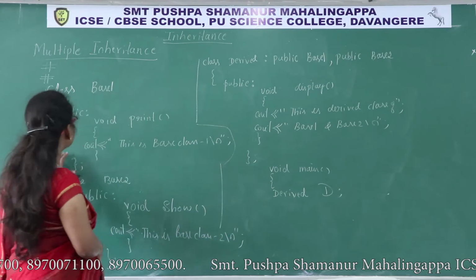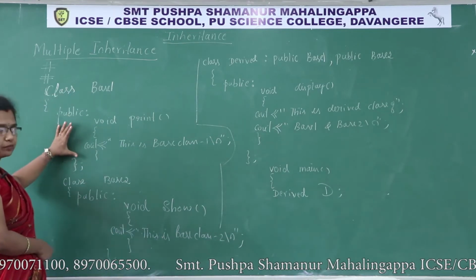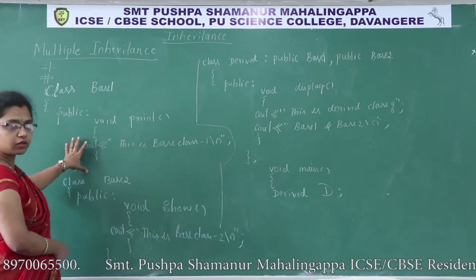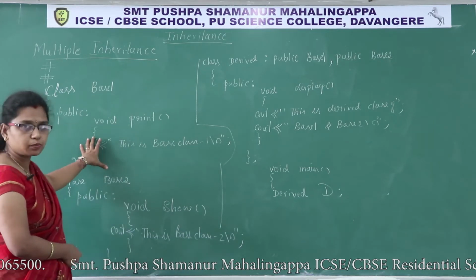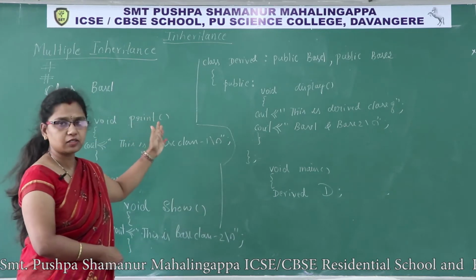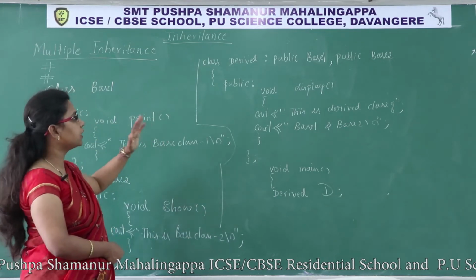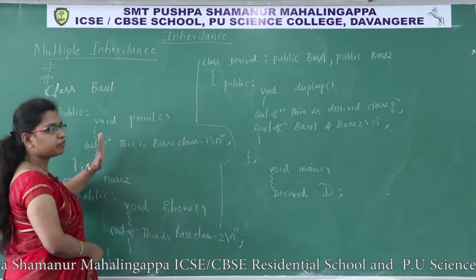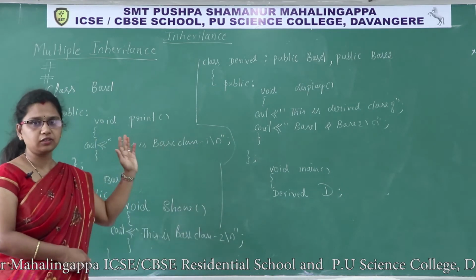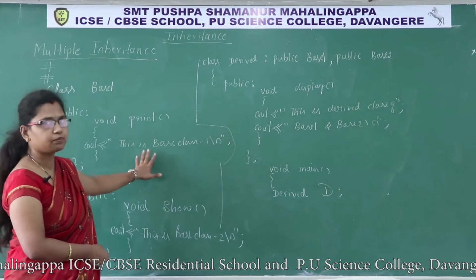So what is there in this class? This is base1. In this class, void print is a member function. It belongs to the public access specifier. So I did not take private and protected access specifiers. To make you understand easily, I have taken only one member function in each class. This program you can write for the examination. For that purpose only I have taken a simple program.